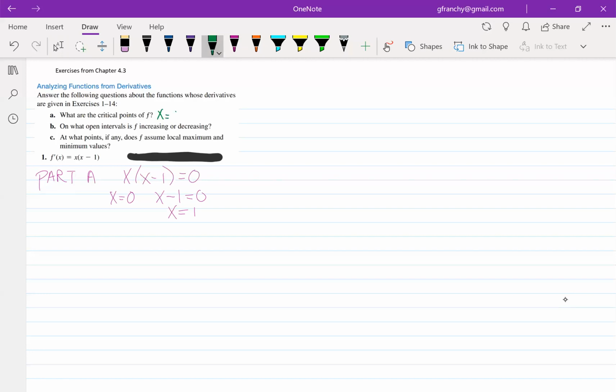So right off the bat, here we see the advantage of being given the derivative in factored form: we can very quickly find those critical values. This is one of the reasons, again, why so many derivatives were simplified to factored form earlier. We finally get to see the payoff for that here. And next we'll go to